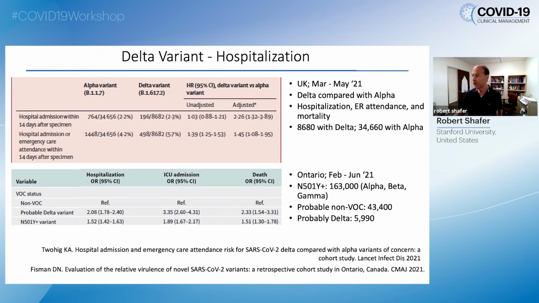A study in the US recently published in the MMWR showed no increased risk of progression to severe outcomes among hospitalized patients with the Delta variant compared to the Alpha variant. This study, however, did not assess whether there was a difference in the frequency of hospitalization among persons infected with these 2 variants.